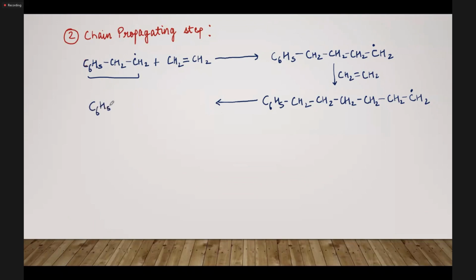Because C6H5 जो है वो बिल्कुल end में है. ठीक है, and CH2 जो है वो in the other end. So basically C6H5 and CH2 with free radical, they are the two extremes. और उसके बीच में we just have CH2 again and again. So that is why we simply write it as,